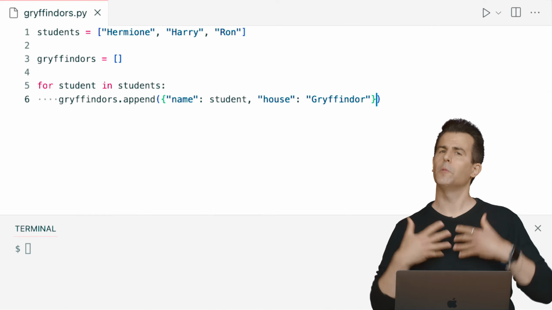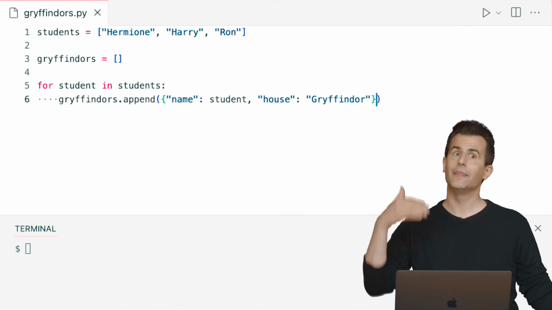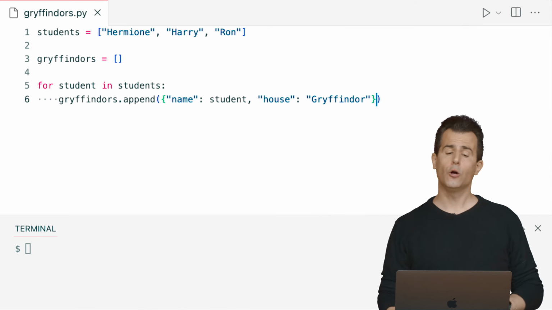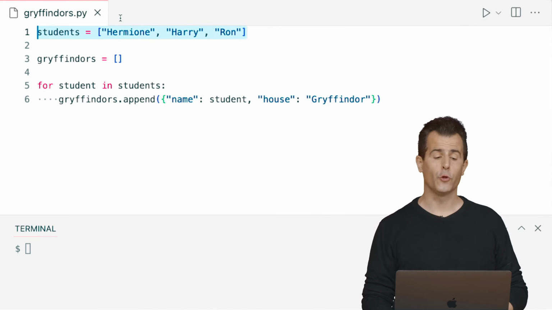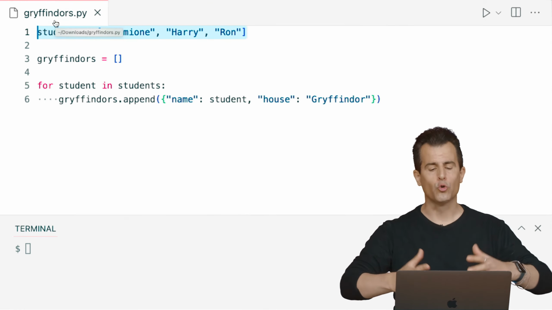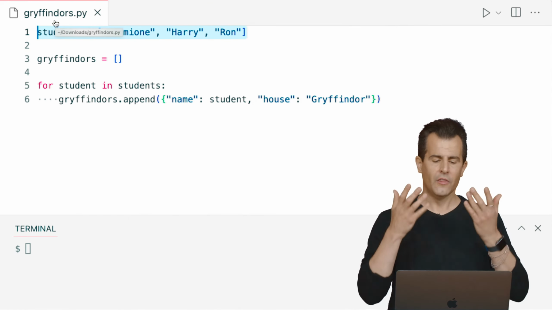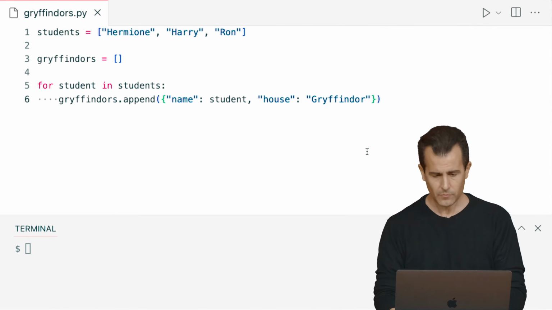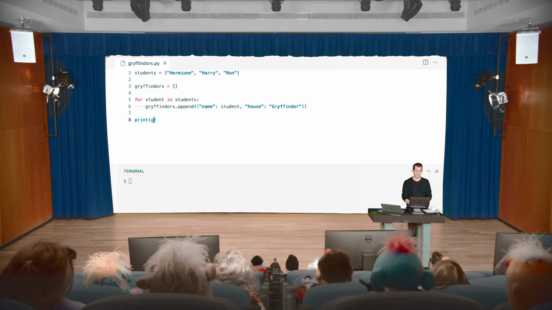So it's sort of a step back from the previous version where I already had the names and the houses. For now, just assume that the problem is I have all of their names, but I don't yet have the student dictionaries themselves. So I'm rebuilding that same structure that I previously took for granted. Now let's go ahead and just for the sake of discussion, just print out these Gryffindors so we can see what we've built. If I run python of gryffindors.py in my prompt, I see a bit of a cryptic syntax,